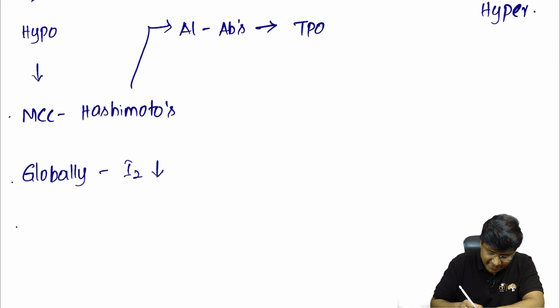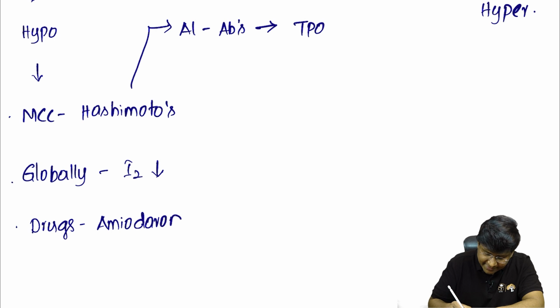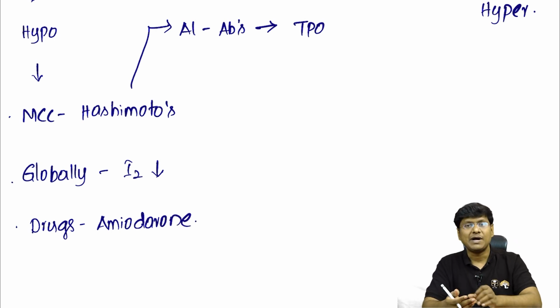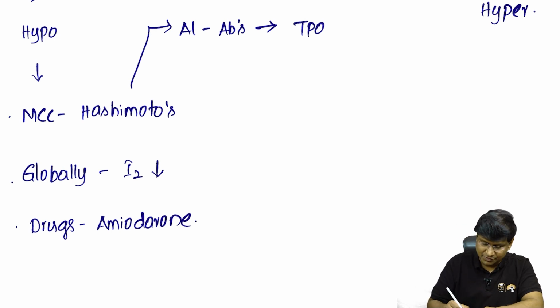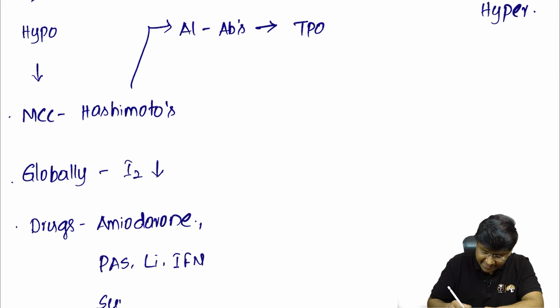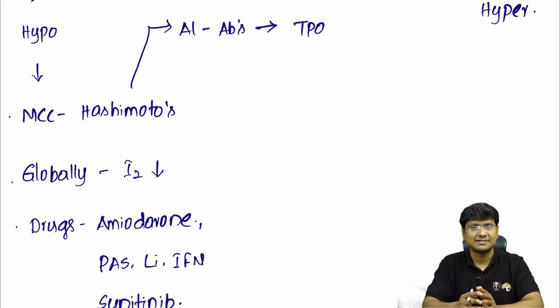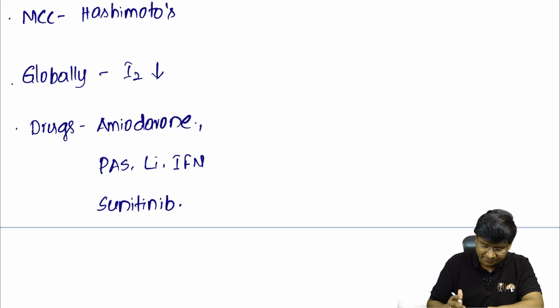Then you need to be aware that there are certain drugs which cause hypothyroidism, and that includes amiodarone. Apart from amiodarone, the other drugs which cause hypothyroidism are para-aminosalicylic acid, lithium, interferons, and an anti-neoplastic drug, sunitinib. So these are the drugs that cause hypothyroidism, and we have some infiltrative disorders that